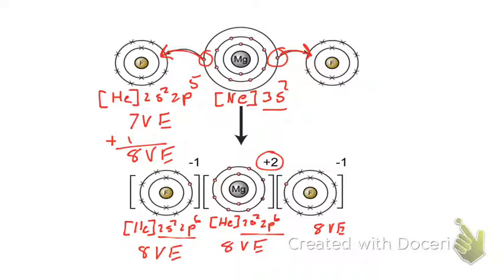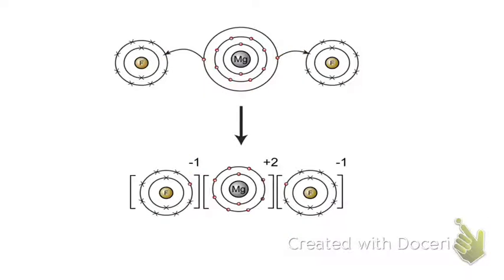Right? The trade-off is both fluorines are now going to be negatively charged. So you have negative, negative. Got a negative 1 charge and a negative 1 charge versus the positive 2 charge. Alright? But you can see that the positive and the negative charges are going to attract to form an ionic bond. And the good news here is that we have an even amount of negative and positive charge,